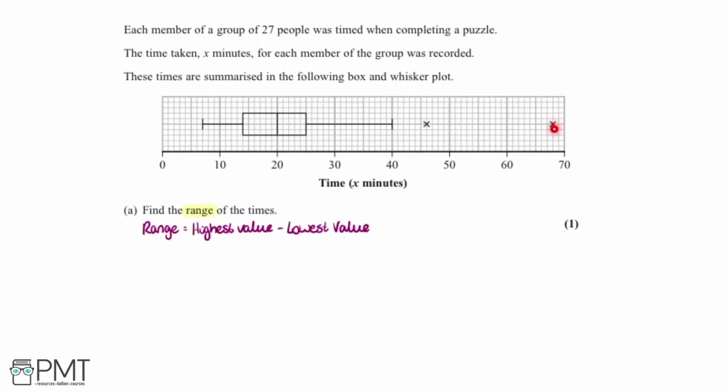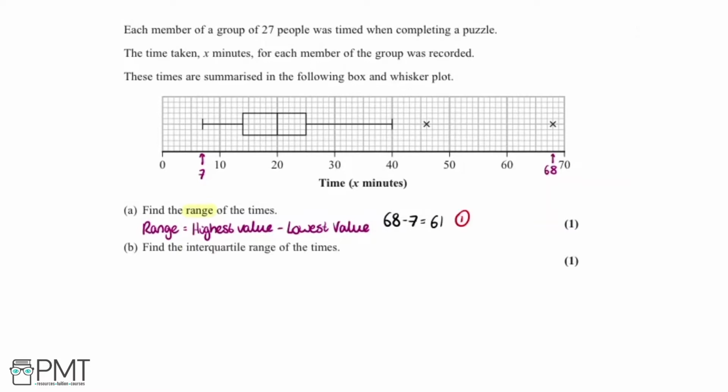So up here we've got the highest value. If we try and work out what point it is, if we've got 60 here, then we're going to have 65 at this point here. So it's going to be 66, 67, 68. So this point here is 68, which is the highest value. And now we need to find the lowest value, and that's going to be the value here. We know this one's 5, then 6, 7. So this is 7 here. So for the range, we're going to do 68 subtract 7, which gives us 61, and that is the final